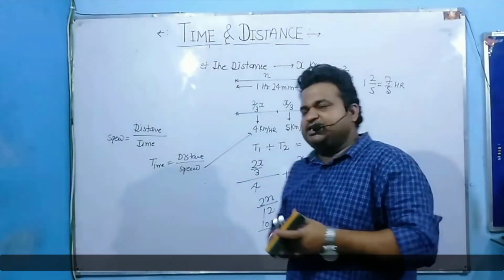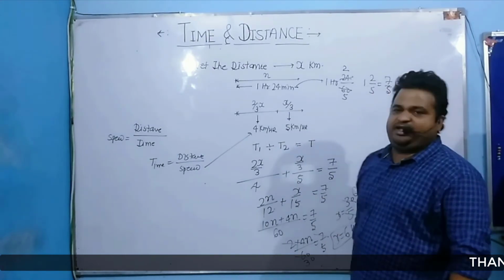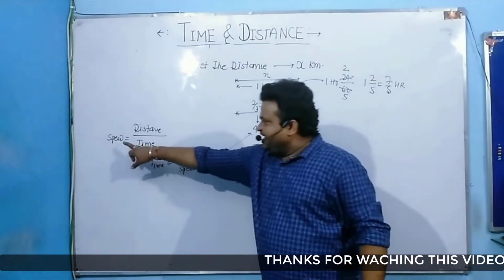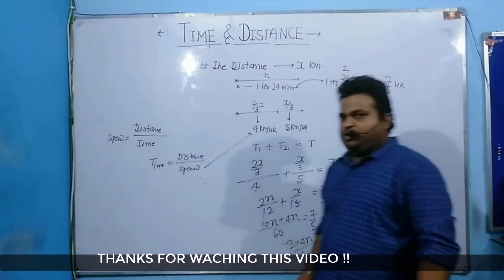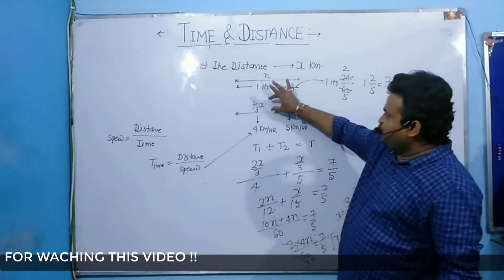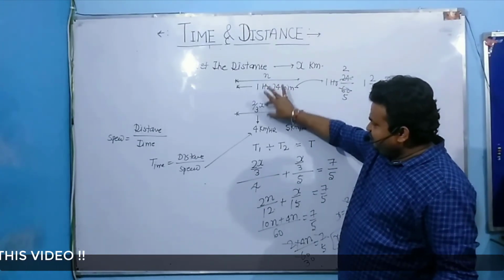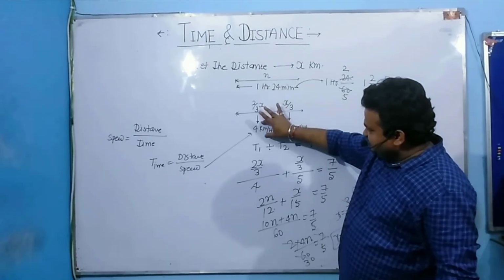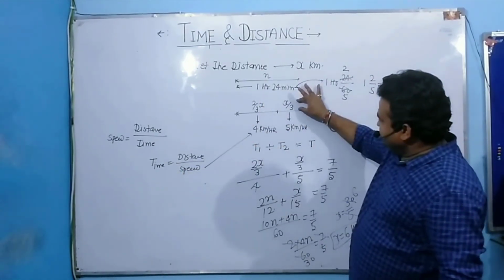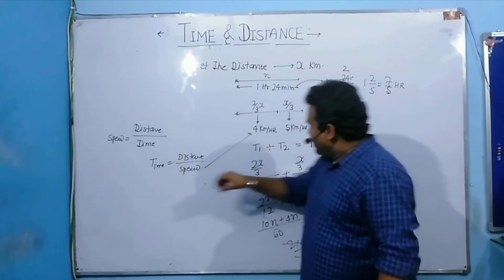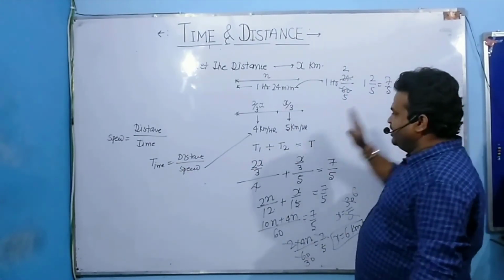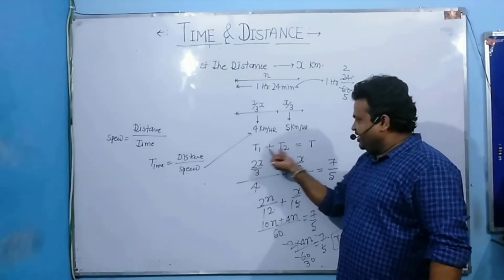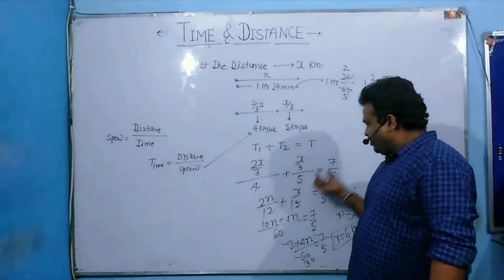So I hope this idea is clear to you. तो यहाँ पे जो concept है वो क्या है? Formula एक ही है, वो है speed is equal to distance upon time. 2x by 3 distance is mentioned with respect to speed given to you. So distance divided by speed will give you time. And the total time is given to you. So t1 plus t2 is equal to total time. So my total time is divided into 2 parts, t1 and t2.